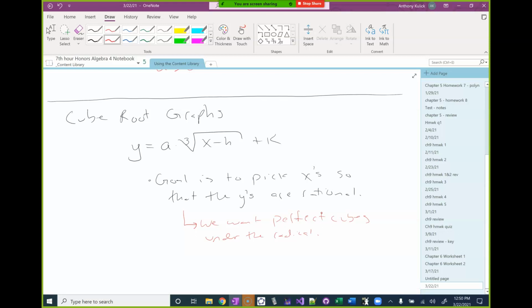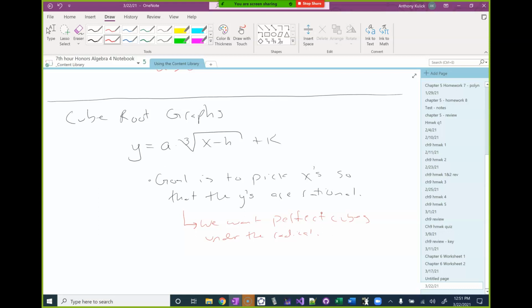So what's the cube root of -1? Well, remember that negative 1 to the third is still negative 1, right? So the cube root of negative 1 is also negative 1. So is there a smallest cube root? No, because you can still cube root negatives, right? Is there a biggest cube root? No. Okay,